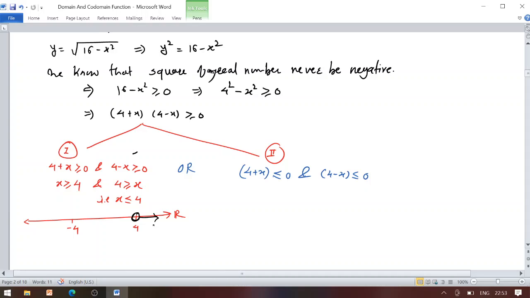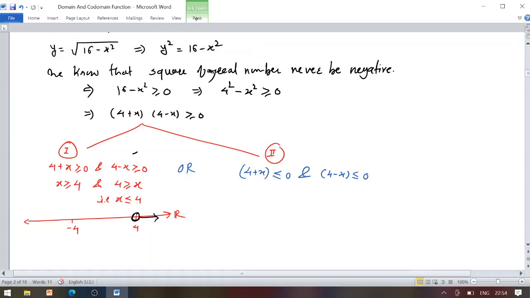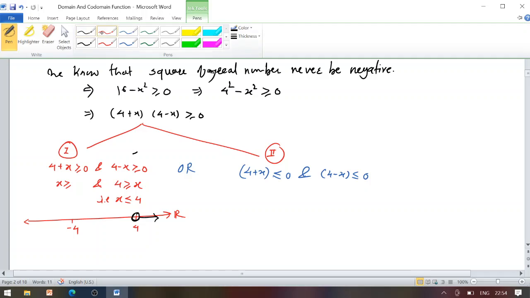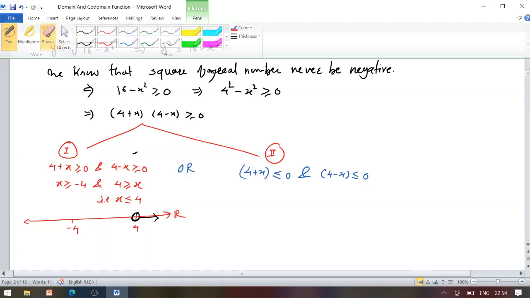Now which are the numbers that should be... here we are ultimately shifting the 4. It is of the form minus of 4, keep in mind minus of 4 over there, because after shifting the 4 we might have the minus 4. So x is greater equal to minus 4, and we are talking about the first condition now.